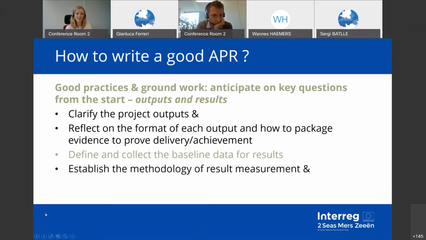Then establishing a methodology of measurement for your result. This is also very important, and it will depend. There is no one methodology for all outputs and all projects. It really depends on the type of result that you have. And as long as the methodology is sound and robust and it makes sense, then of course we will accept this. So the methodology may depend on the type of project that you have and the type of results